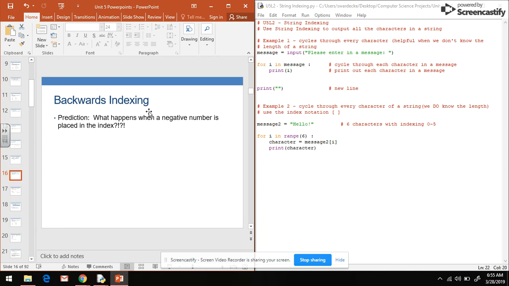Here it says, what happens when a negative number is placed in the index. So let's put some comments around this so we don't lose the code. You still want to be able to access it. But let's see what happens if we have message 3. Say we typed in our name. So I'm going to type in my first name. I'm just going for fun. I'm going to do